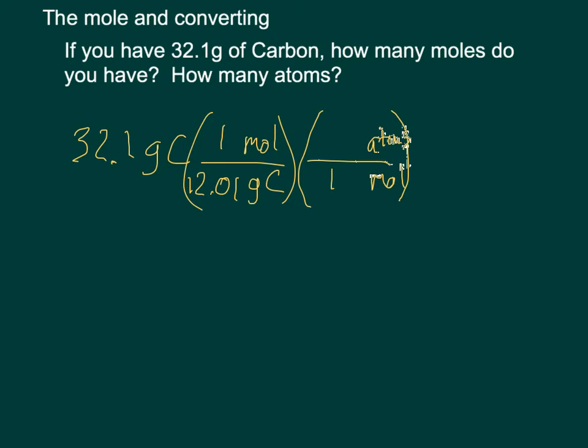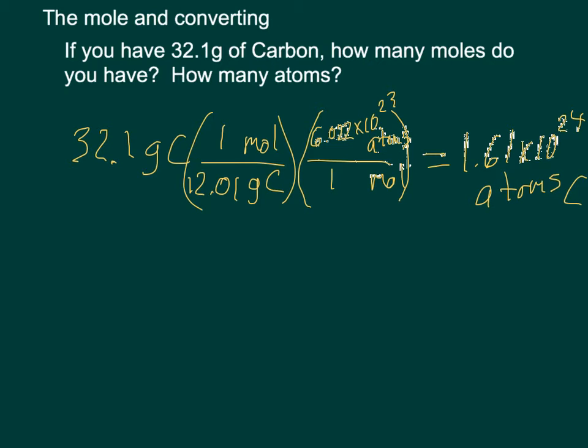We know that 1 mole has 6.022 times 10 to the 23rd atoms. Kind of run out of room here. And so we take 32.1, divide by 12.01, multiply by 6.022 times 10 to the 23rd, round it to 3 significant digits, and we get 1.61 times 10 to the 24th atoms